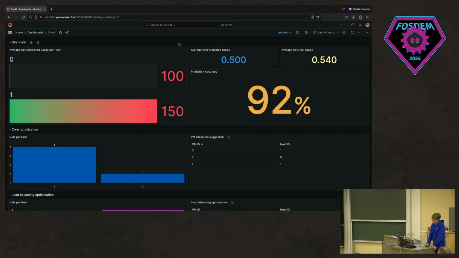So we can see here at the left the average CPU predicted per host. Here we can see the average CPU predicted usage per VM, and here the real usage. So as you can see, the values are close to each other, and the accuracy of the prediction, in that case, is 92%.